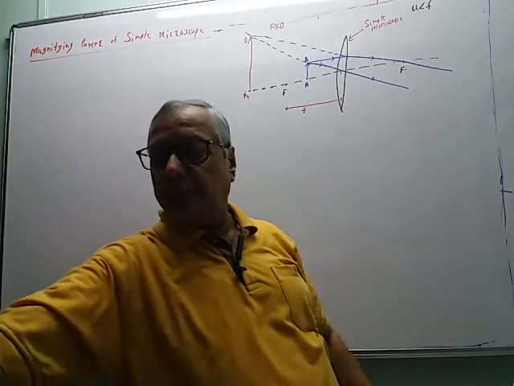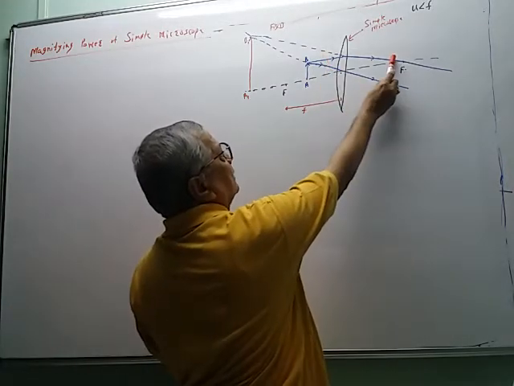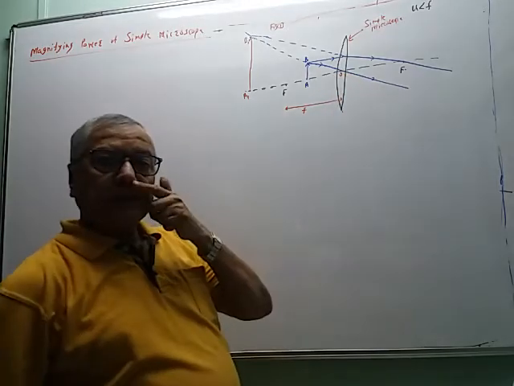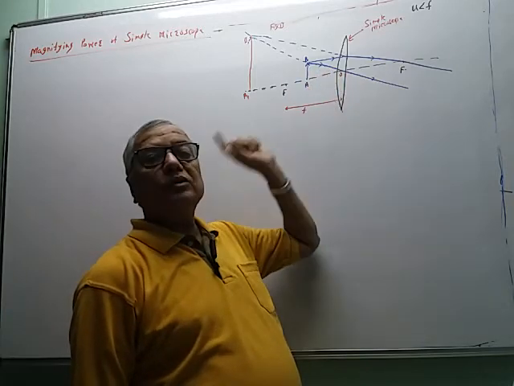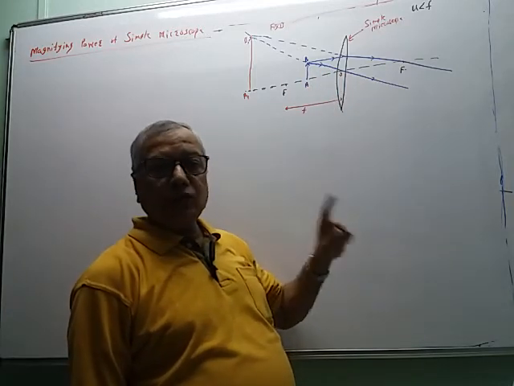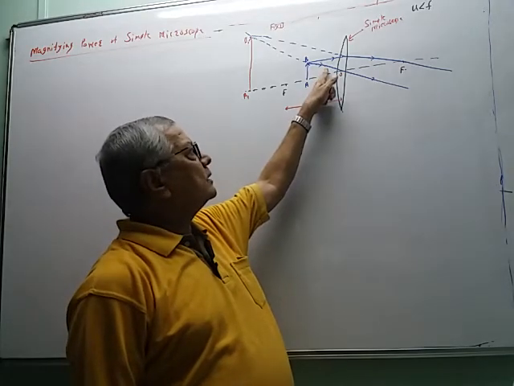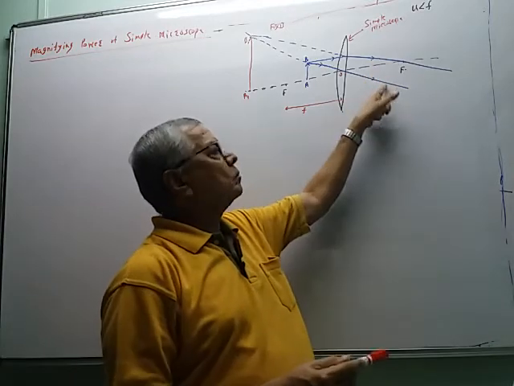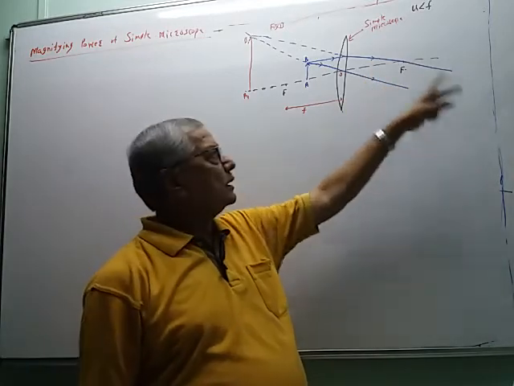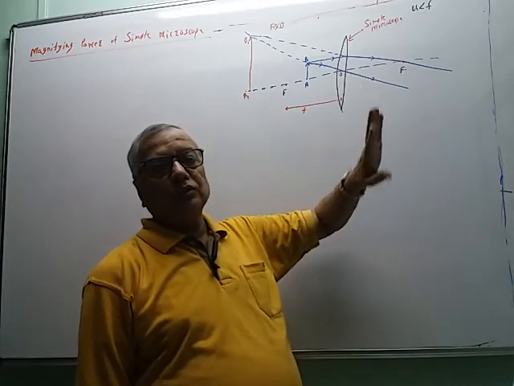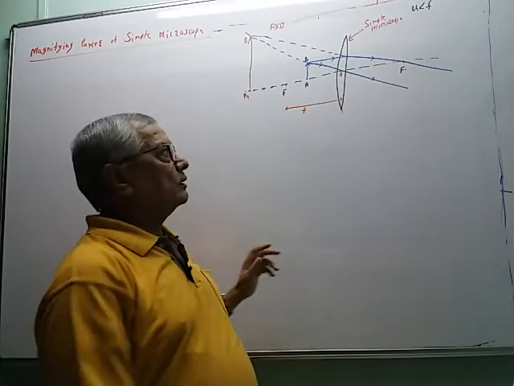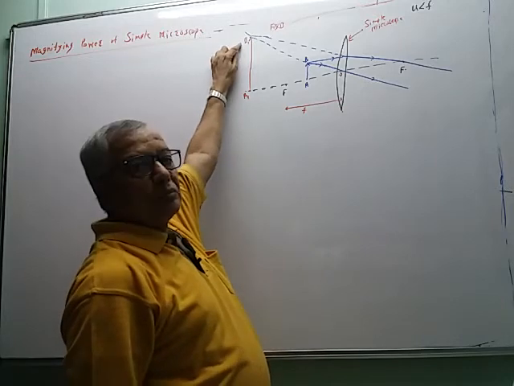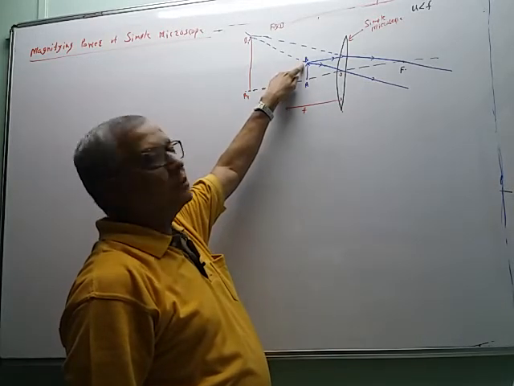So first incident ray, first refracted ray. The second incident ray is passing through the optic center. We know the speciality of the optic center. The ray of light passing through the optic center goes undeviated. There is no change in its direction. So the incident ray is continued as a refracted ray. Now these two refracted rays diverge, so they cannot intersect in the forward direction. So no real image is formed. To get the image, we have to produce them in the backward direction. So these two rays are produced in the backward direction by dotted lines. They intersect each other. At the point of intersection, we get the image B1 of the end B.